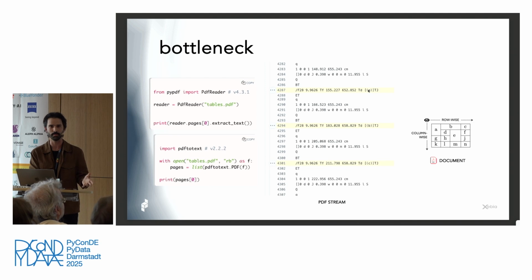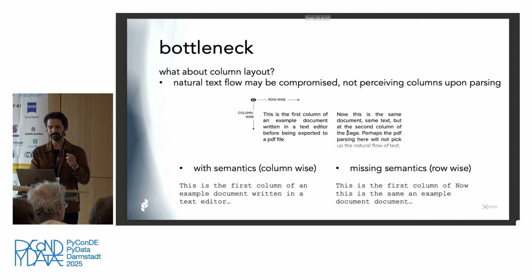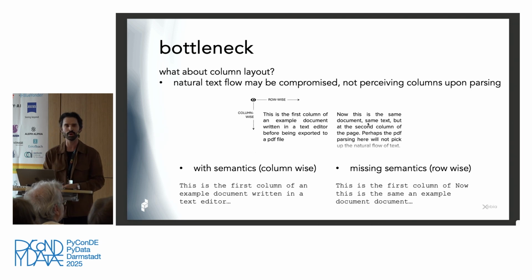So that's what PDFs are about. But making sense, like semantics, then it's gone, right? So we even have the way to render the PDF document to then know how to even traverse this stream. And even then, if we change the layout, if we change how things are organized, say in columns, now we don't want row-wise. We don't want to traverse this document, these dummy elements, row-wise, because otherwise it would be this first column of